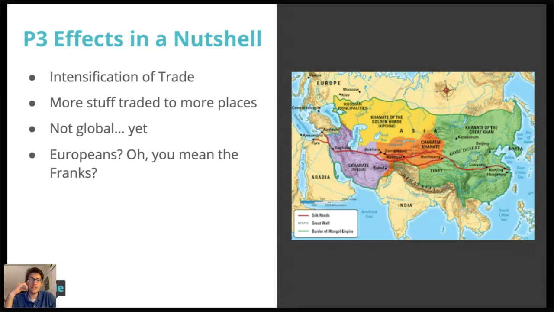And then, this was a joke when I wrote it down. And it was funny. Now I don't know if it makes sense. Europeans, right? Oh, you mean the Franks. So Europeans were not a dominant force yet in trade in time period 3. Outside of perhaps the Mediterranean, and outside of maybe northern Eurasian land-based trade. Europeans are off out there. They're in the boonies. They're separated from the rest of Asia. The hot spots for trade were across the Silk Roads. They were in the Middle East, in India, in Southeast Asia, in China.